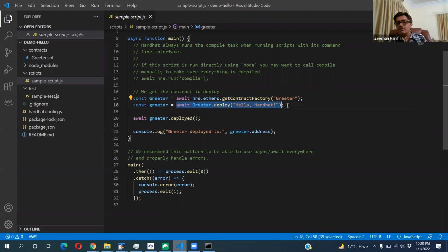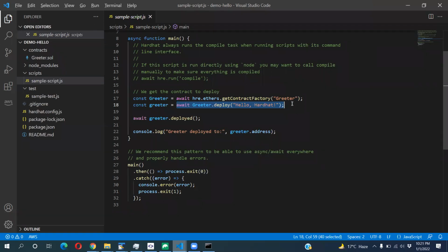So this line will take the bytecode, take the ABI, go to the Ethereum mainnet or the testnet, wherever you want to deploy, and it will deploy. It gives you hassle-free deployment. You don't have to worry about anything. Hardhat gives us the environment and the facility to run the code in JavaScript or TypeScript to deploy your code. It's not Solidity. Solidity will be the smart contract, and for deployment and all other tasks for your application we will be using JavaScript and TypeScript.